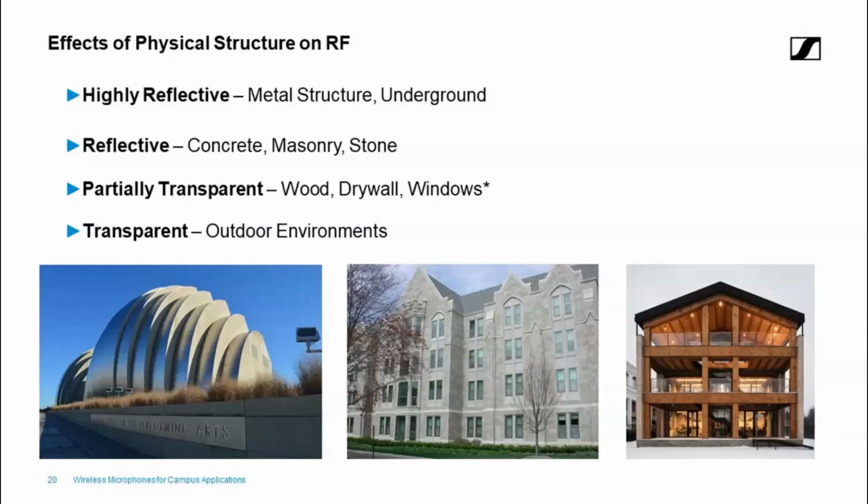When we look at concrete and masonry and stone, same thing. There's a lot of reflection going on there. When we start moving towards wood, drywall, or windows, then they do have some transparency in terms of attenuation of RF. And we'll see that there's a clearer path for them to go between rooms or maybe even between floors, depending on the makeup of those floors. Sometimes you can see a signal between ground floor and the third floor even, as opposed to even just one floor to the next floor. So it's good to test that and see how much attenuation there is between the floors.